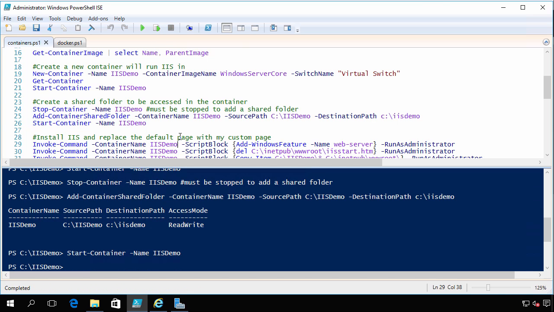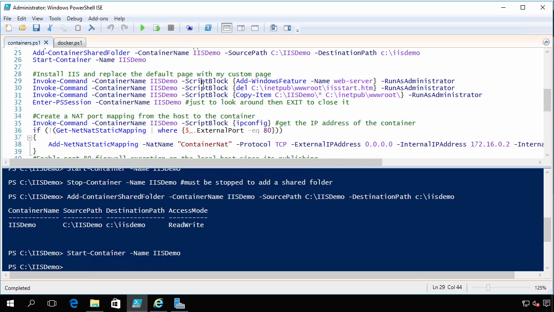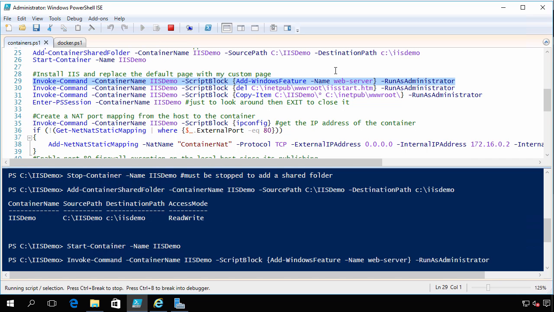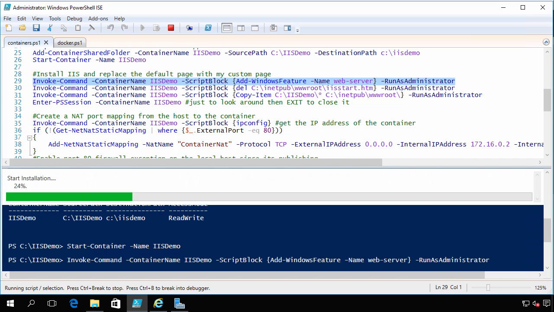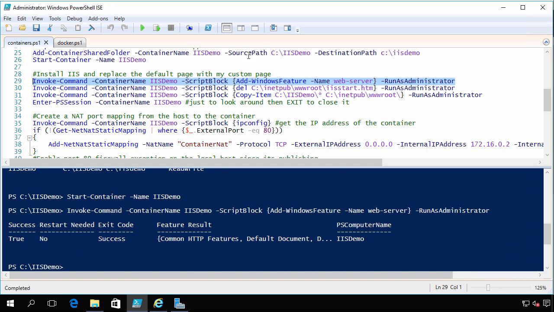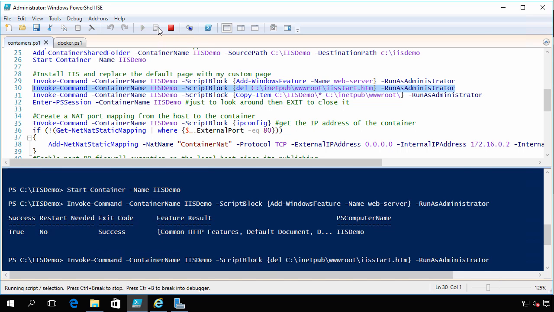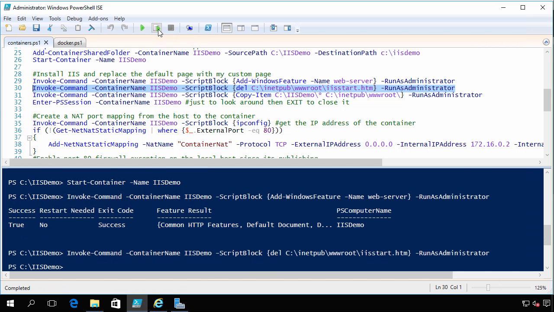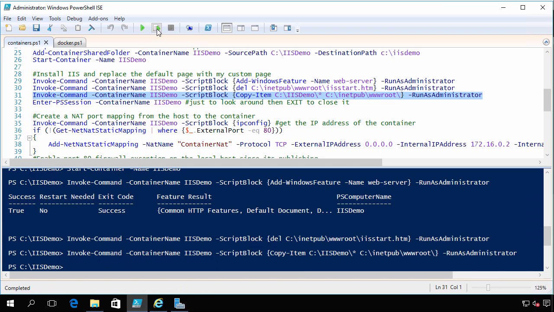So I'm going to start it up again. And what I'm going to do is run some PowerShell commands in the container. I'm going to install the web server. So that's finished. Now I want to go ahead and delete out of that container its default IIS start page. And now I just want to copy in my own customized index and Superman beating up Batman picture. Now I could enter a PS session, so I can just use regular PowerShell to start snooping around and look